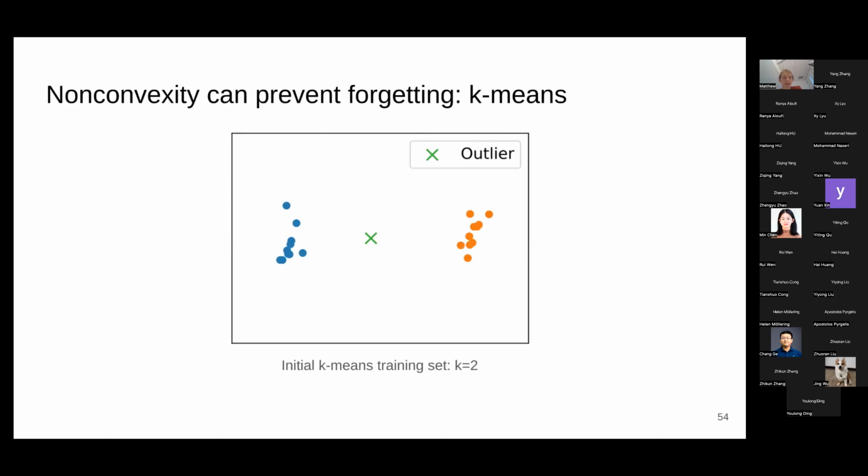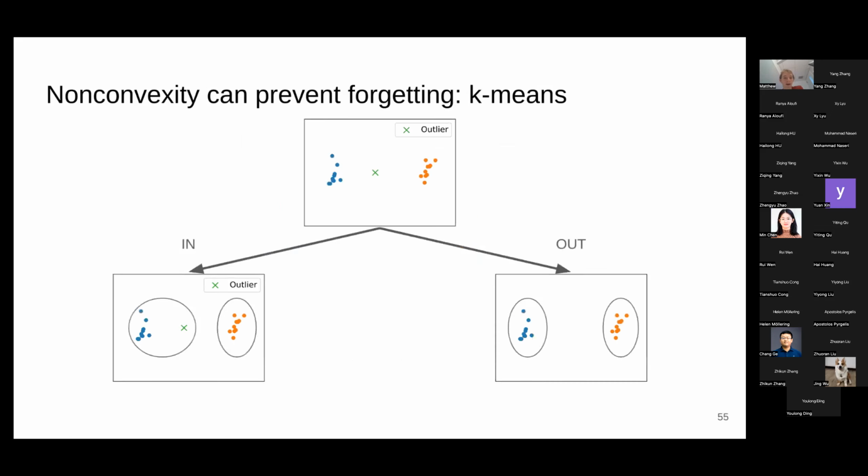But we're going to start with this initial training set that has this outlier where the green point is closer to the blue cluster. And so what you'll end up getting is that here, it'll merge the left two, the blue and the green, instead of the orange. So the outlier is changing which merging happens. And it turns out that this is the case. If you do this experiment, you'll see that the blue and the green get merged together when it's in, and nothing will happen if it's out, but the orange will still be closer to the green.